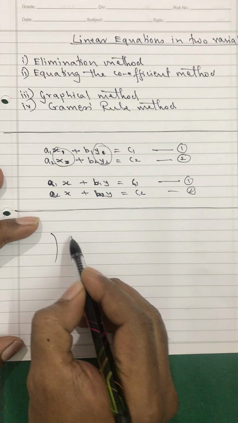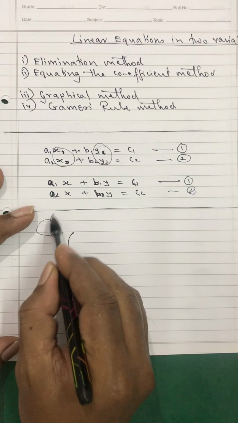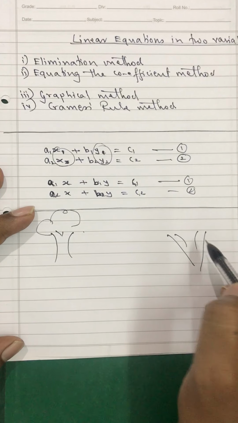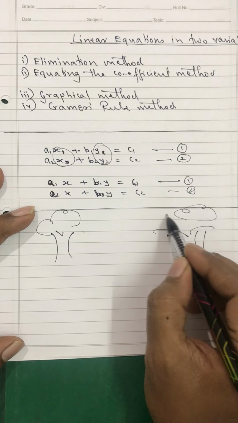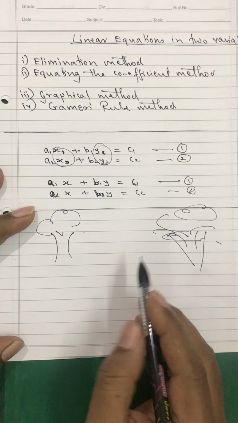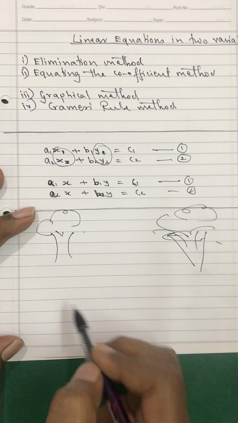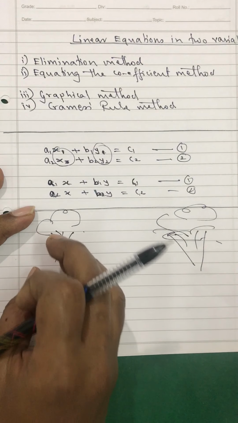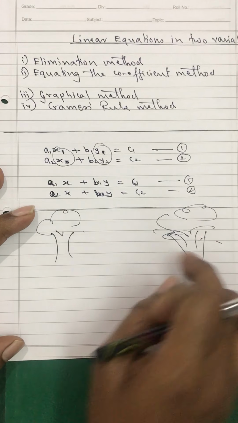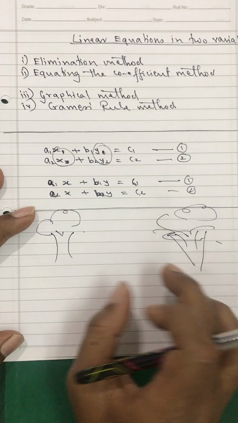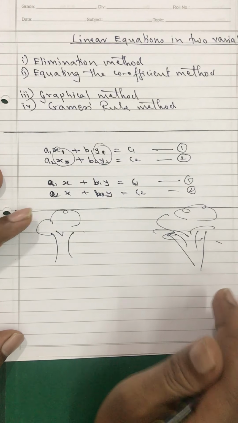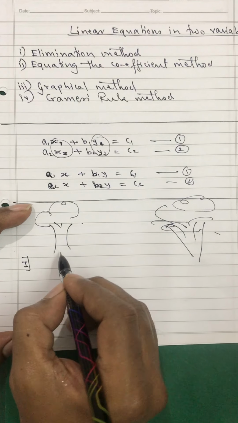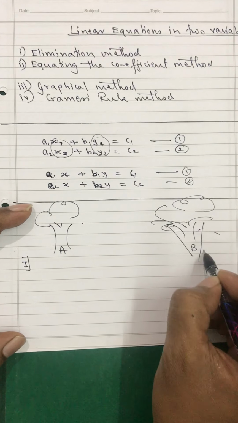See, there are some sparrows on one tree and some sparrows on another tree. How many sparrows are on this tree? I don't know. How many sparrows are on this tree? I don't know. But some number of sparrows are over here, some number over there, and they may or may not be different, but whatever they are, now see the condition they are telling. This is tree A, this is tree B. Fine.